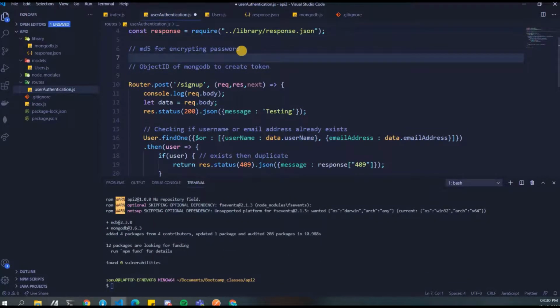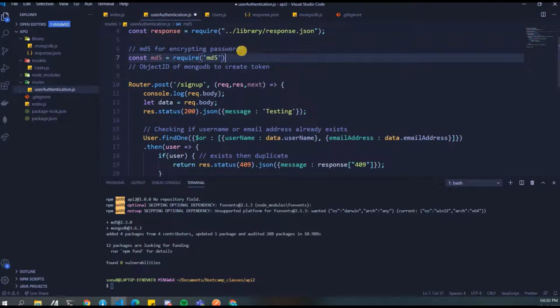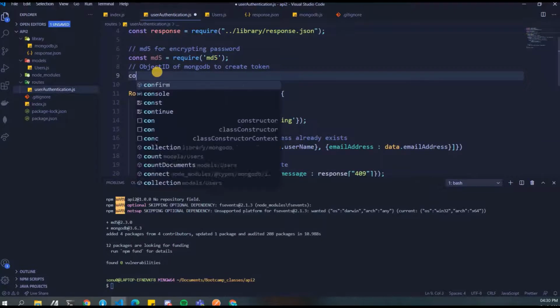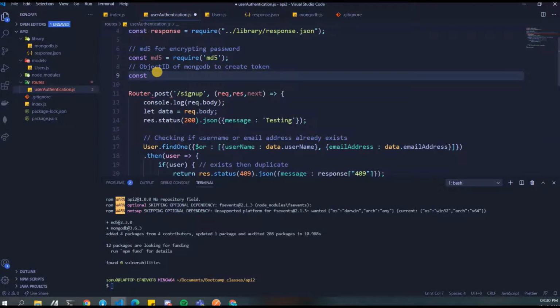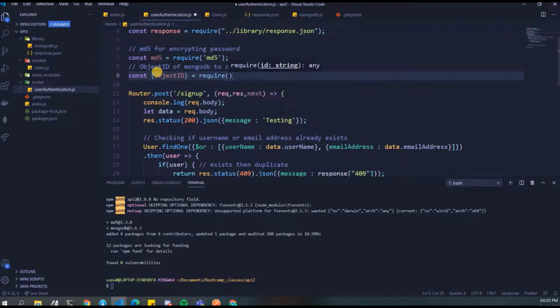So const MD5 equal to require MD5. You can always give single quotes, double quotes, doesn't matter that much. Const will import one function called ObjectId, which is there in our MongoDB. So we'll write require MongoDB.